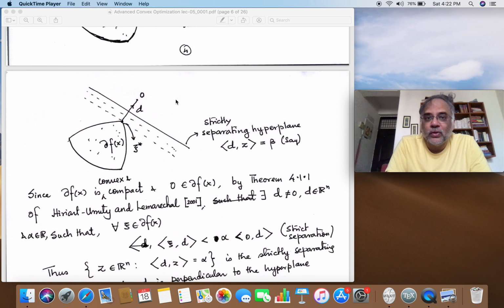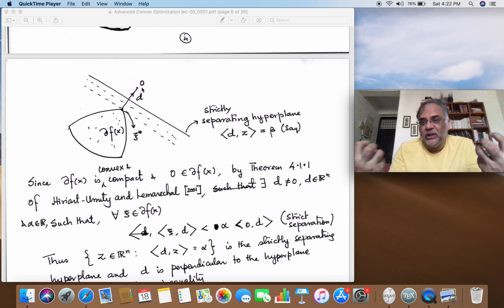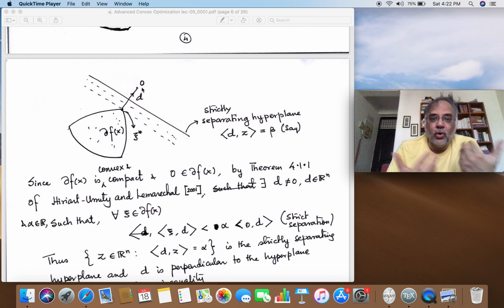That is the solution of min of norm xi, where xi is an element of del fx. So you get xi star to be such a point, then the direction 0 minus xi star, that is minus xi star, is the direction along which the function will decrease. So what does it mean? f dash xd strictly less than 0 means, by the link between the subdifferential and the directional derivative, xi of d should be strictly less than or equal to 0 for all xi belonging to that subdifferential. Which means that the direction of descent must make an obtuse angle.